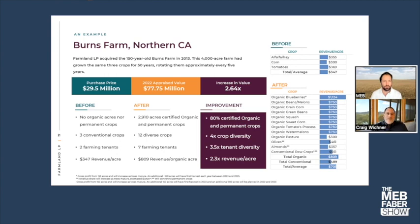When we bought it, it was great farmland, with some of the oldest water rights in California, actually pre-1914 water rights. So our water rights are senior to the state of California. We can talk about the value of water, Matt, because I think that's one of the best reasons to buy farmland, to get what I think is the most mispriced asset class around, which is water. But just looking at farmland for this case study,